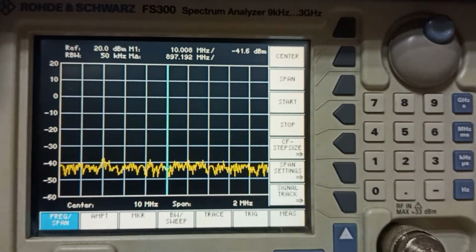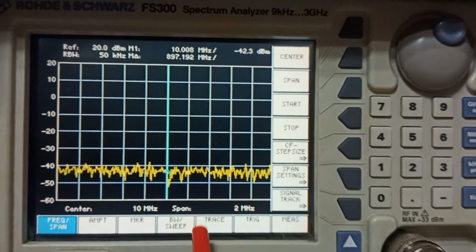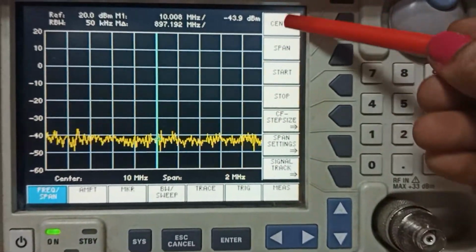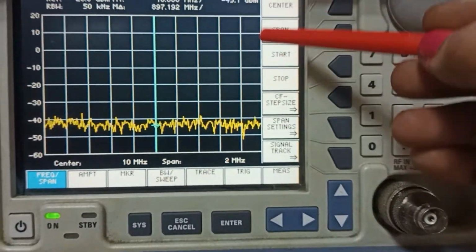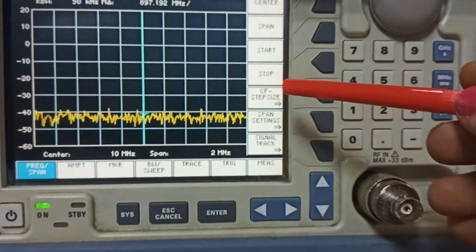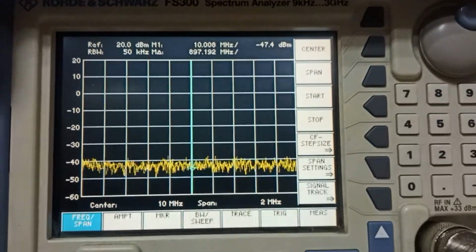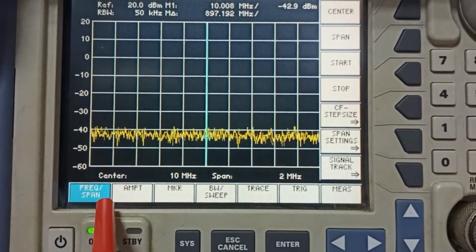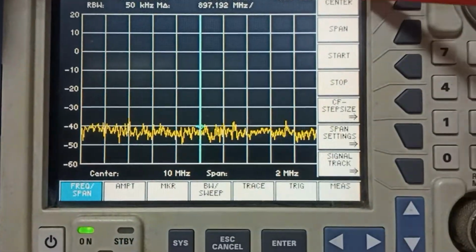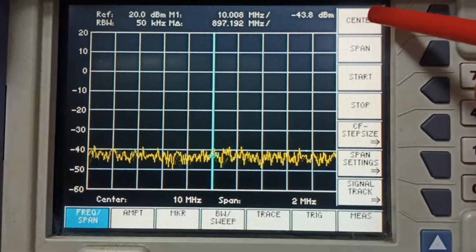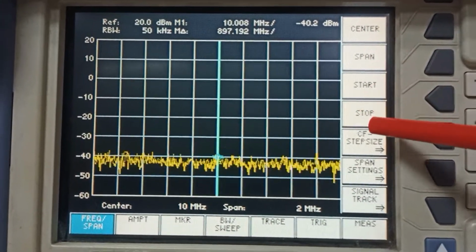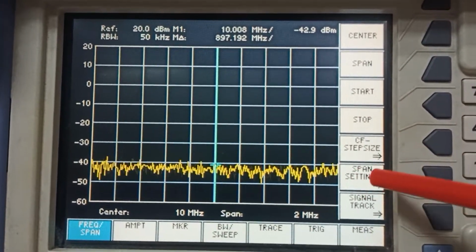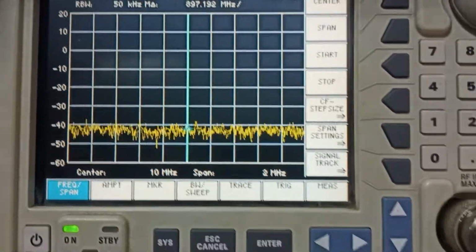So when a menu function is selected, the associated instrument functions are displayed in the function area. In your menu area, first is frequency and span, and in this there are function areas like center, span, start, stop, step size, span setting and signal track.